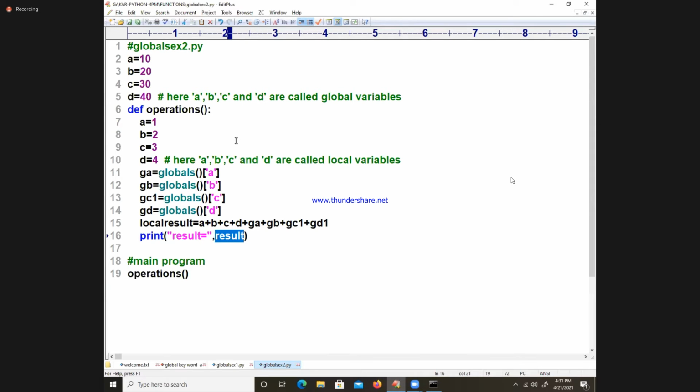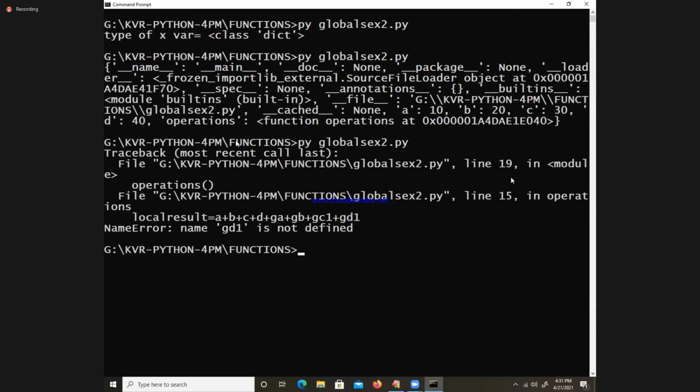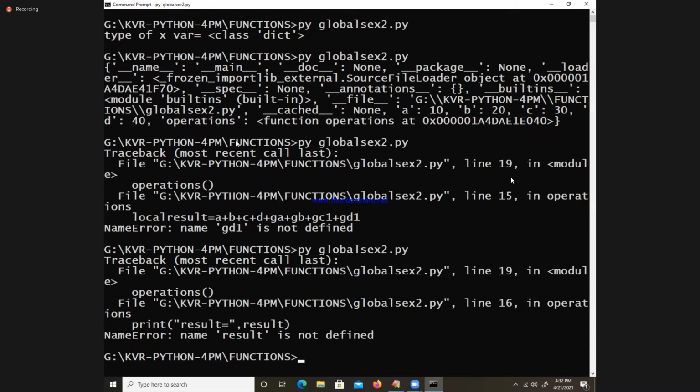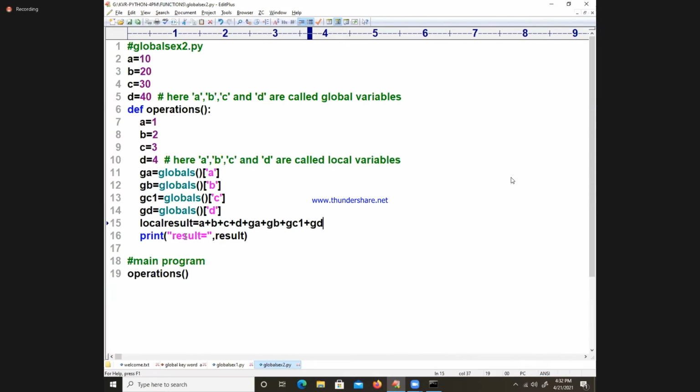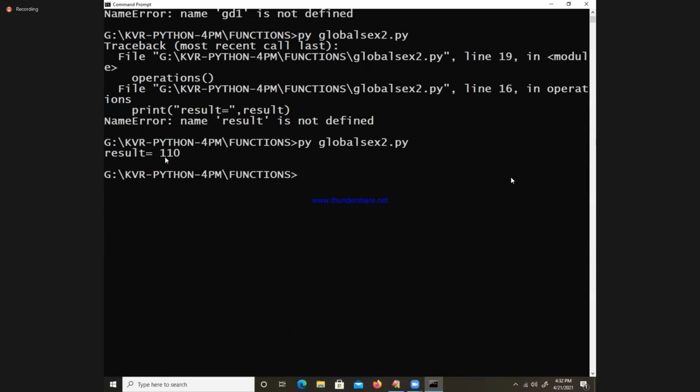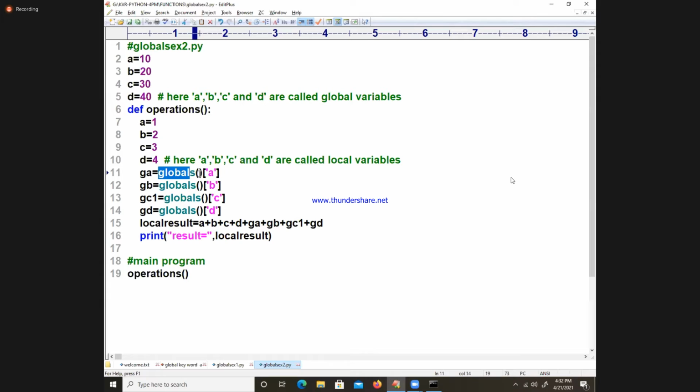What is the result going to be? In this case, gd1 is not defined. What is that? Okay, that is only gd. So you see that you got the result. Result is not defined. Okay, that is called local result. Now coming to the point, dear students, is my globals function clear or not?